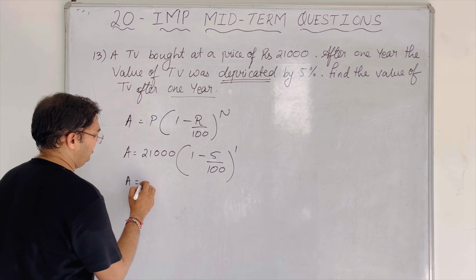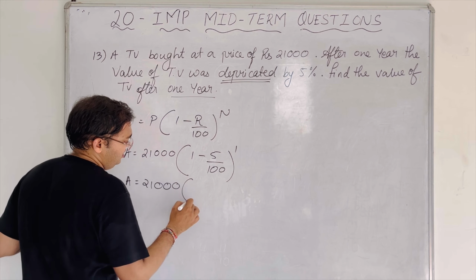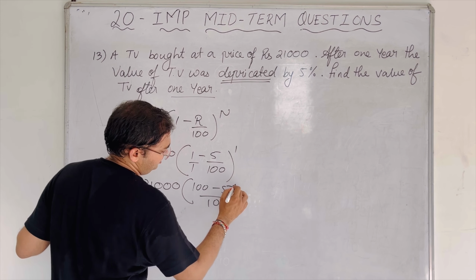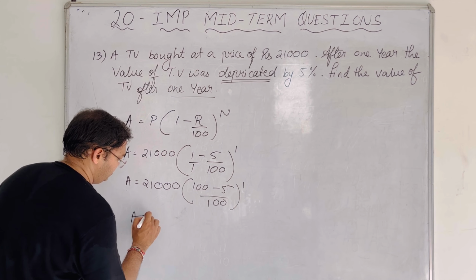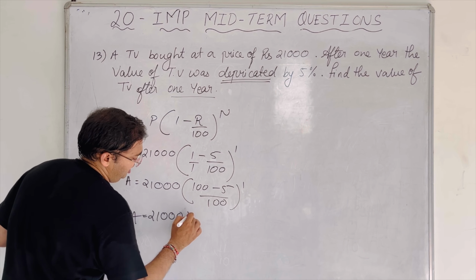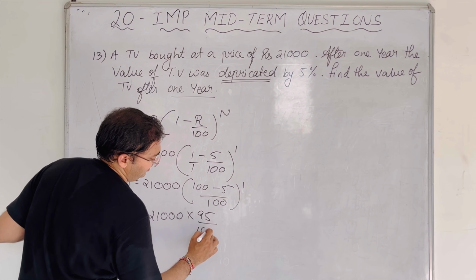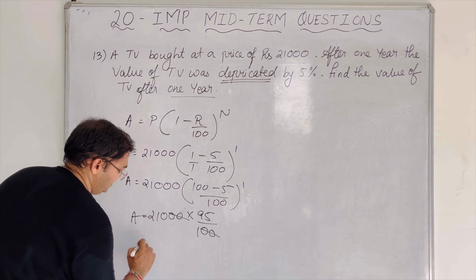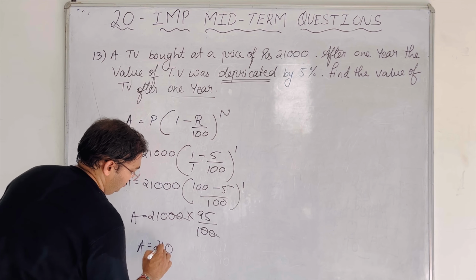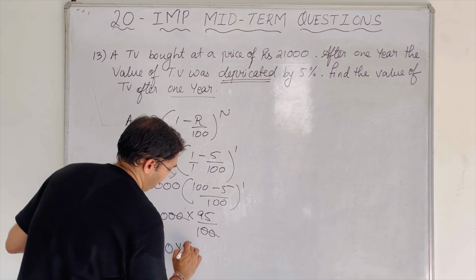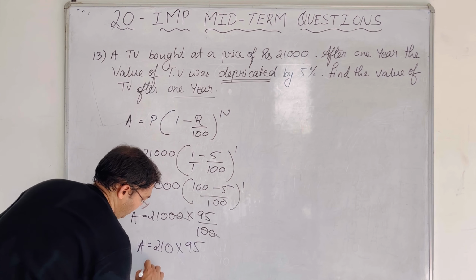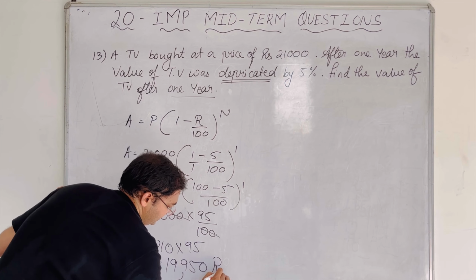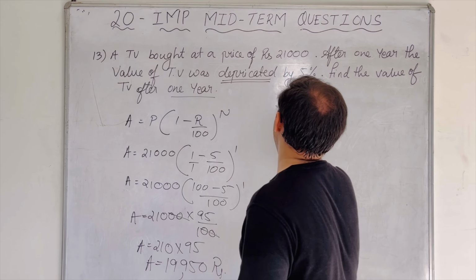So that means A equals to 21,000. If I take the LCM 100, so 100 minus 5 upon 100 raised to 1 itself. So A equals to 21,000 into 95 upon 100. 2 zeros cancel over here. That means A equals to 210 into 95, which is equals to 19,950 rupees. That means the cost of TV